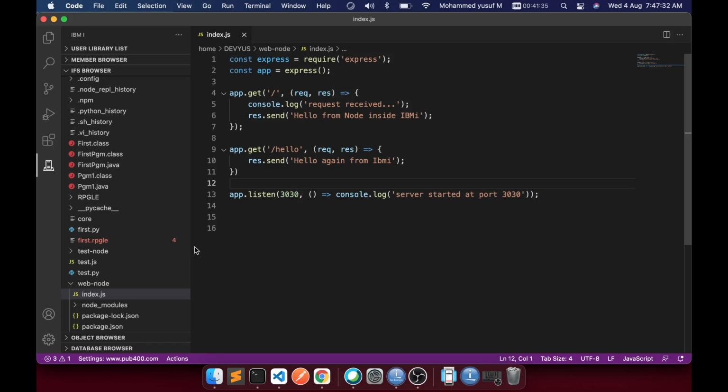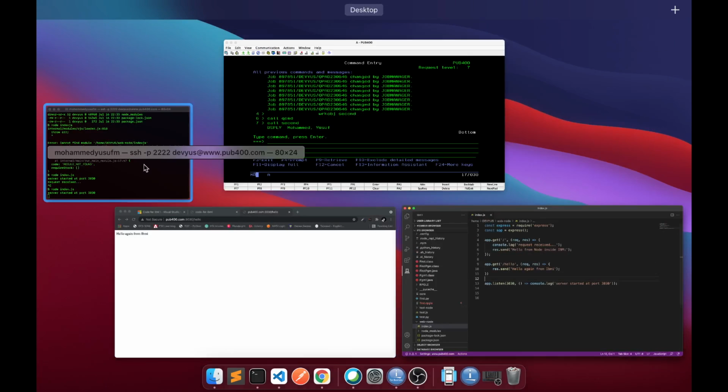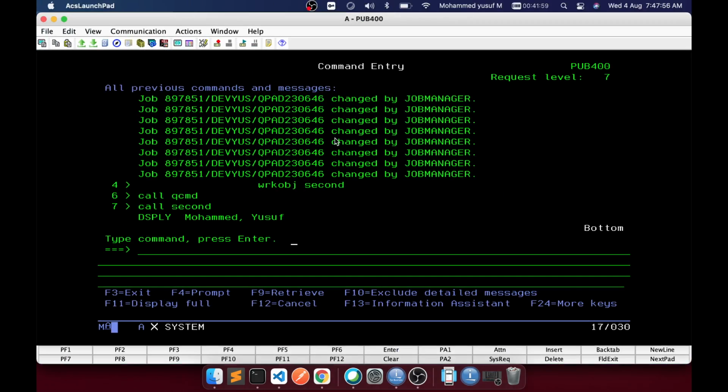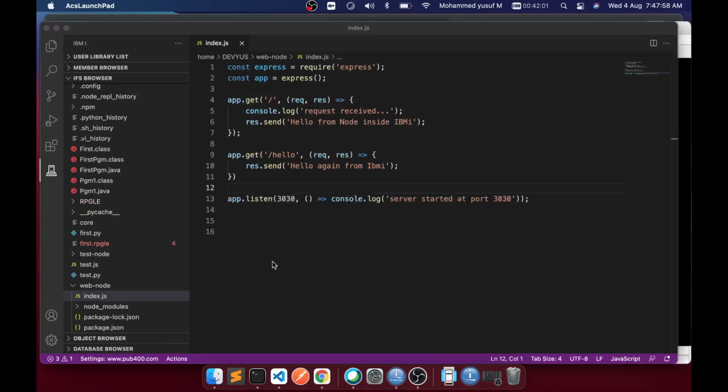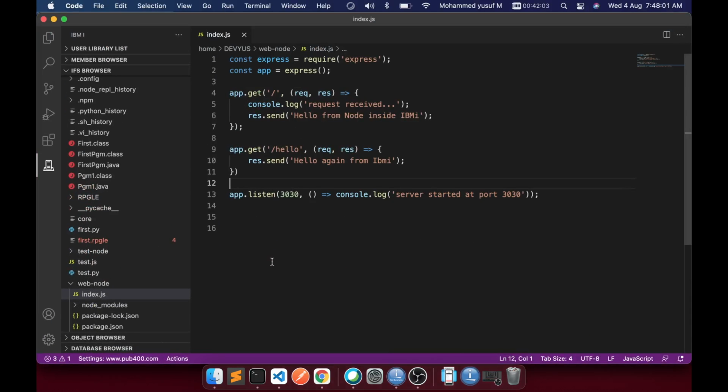There are a lot of community members helping to develop this extension. One of them is Liam Allen, okay. So I really thank those guys for making this programming so live, so that now we get the feeling that we are also doing the modern things, okay, not just relying on your old school SEU editor and then struggling here and there. So now we can pretty much proudly say, yeah, IBM i is also one of the great tools, great platforms to write code, and then yeah, we are keeping up. Anyway, so that's my first impression.